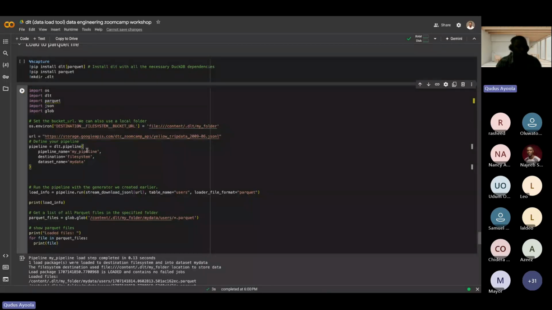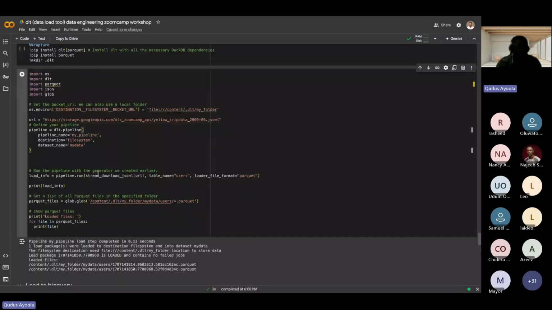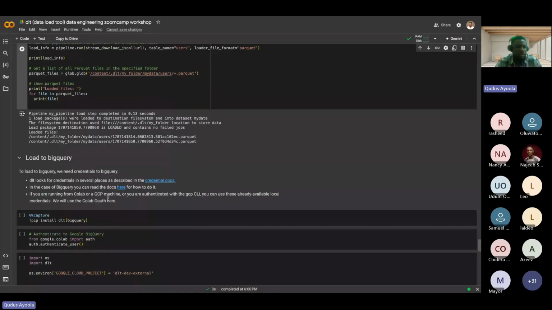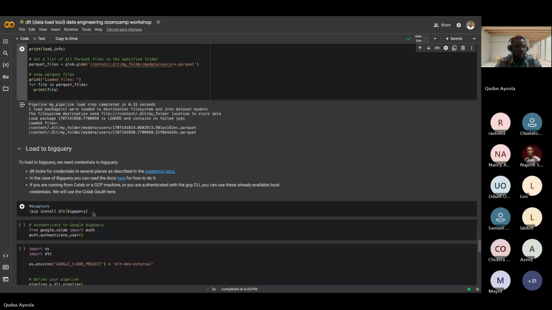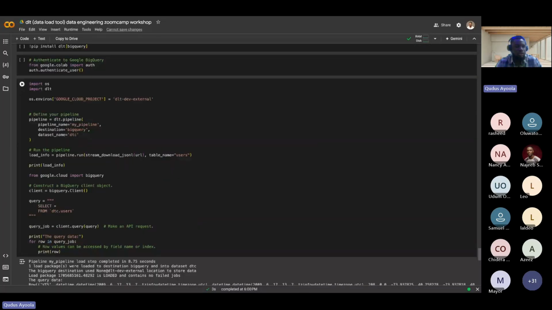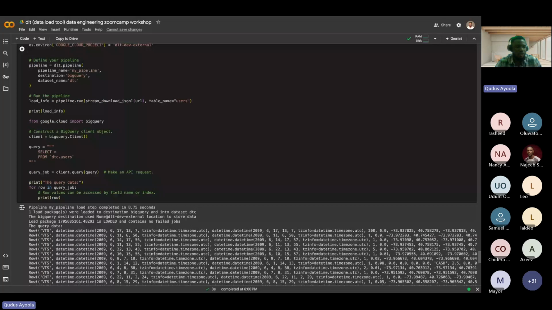So you are specifying a destination whereby you can load your data in as a parquet file format. Regarding where you want to load into, whether it's BigQuery, or a parquet file, or a data warehouse, there are different source systems that DLT supports that you can go through.